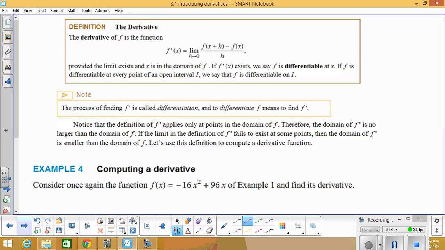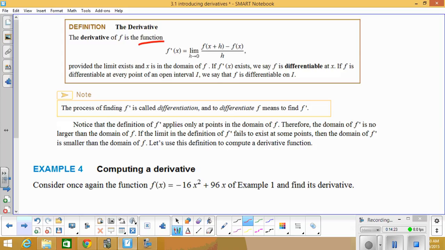So here we're formally giving the definition of the derivative. The derivative of f is the function. Notice it says function. So I have f prime of x equals the limit of the difference quotient as h is approaching 0, provided the limit exists and x is in the domain. If f prime of x exists,